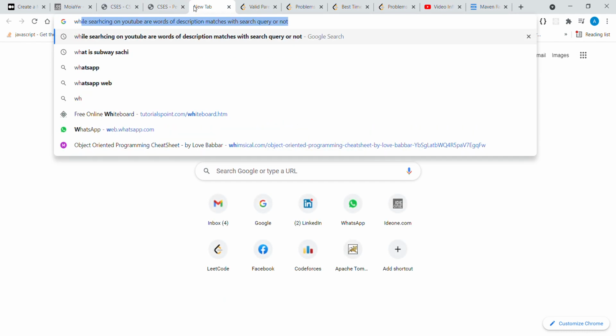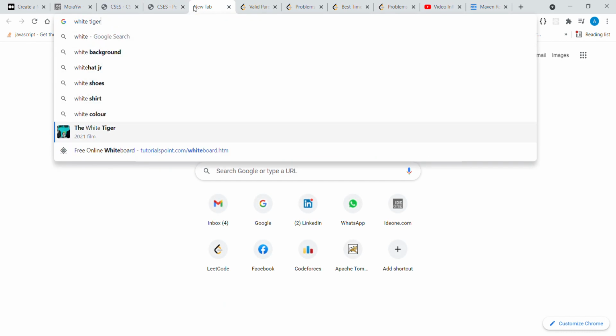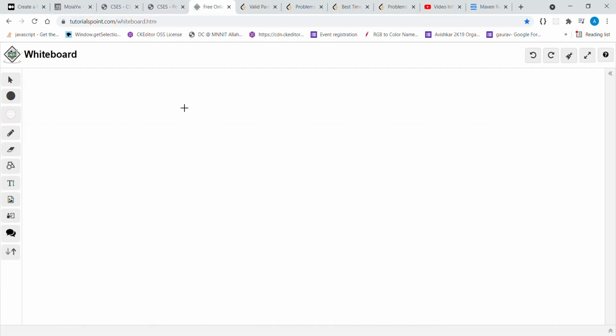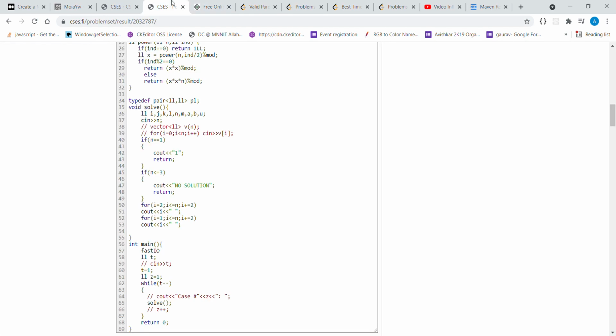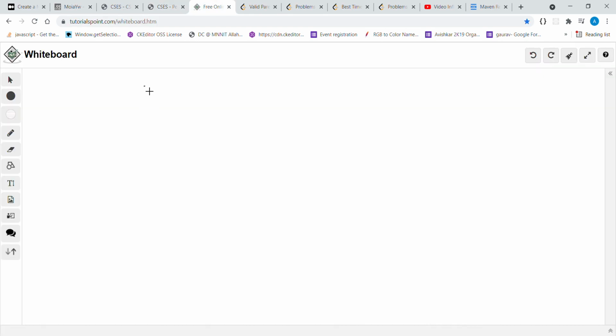Let me show that with the value of n equal to 4. So n is equal to 4, and I am first printing all the even elements, as you can see. So 2, 4, and then I am printing all the odd elements 1, 3.